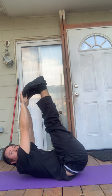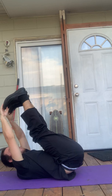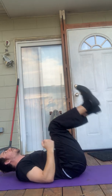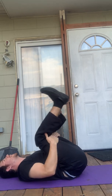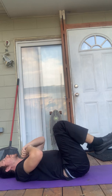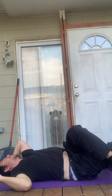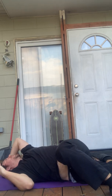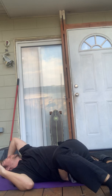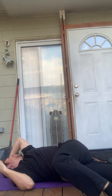But I get the ultimate when I grab my feet and then I lift my butt off the ground, because I feel it stretch nice and good back here, because you're pulling that weight off, and you're also separating a little bit of the discs going on there. And if you can do one of these, I do this in bed all the time. And you put your foot here, and your left foot to your left, and your left foot to your right, and your left foot back here,